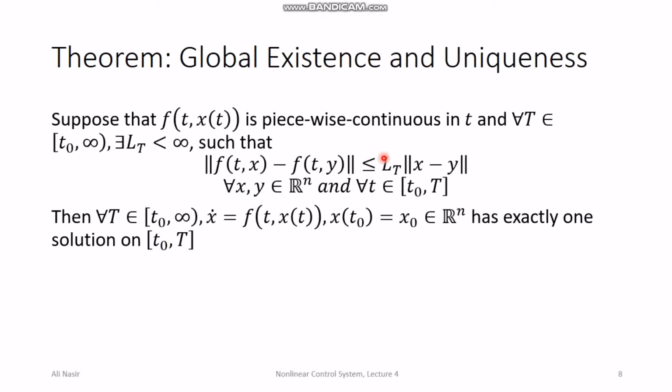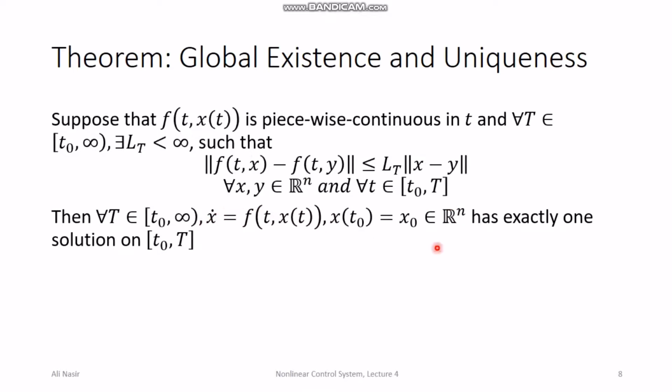So local existence and uniqueness requires f to be piecewise continuous and Lipschitz continuous over a small neighborhood of the initial condition and for a finite interval of time. The claim of the local theorem is the existence and uniqueness for some interval of time. But global requires f to be piecewise continuous and Lipschitz continuous globally, and its claim is also that